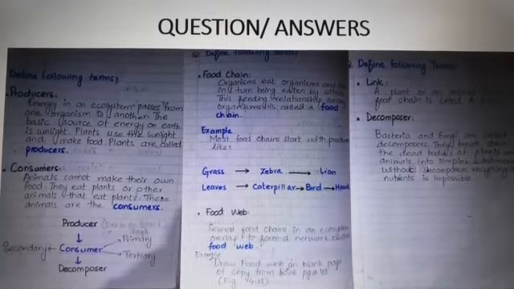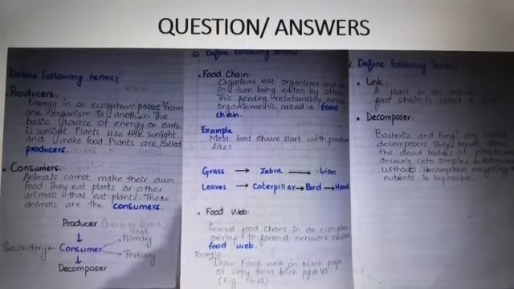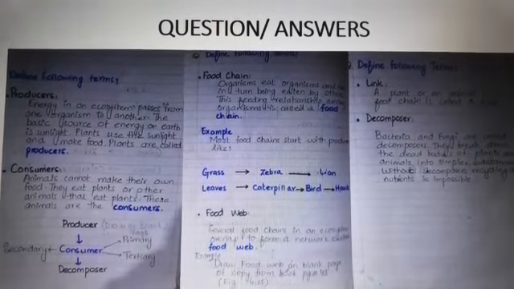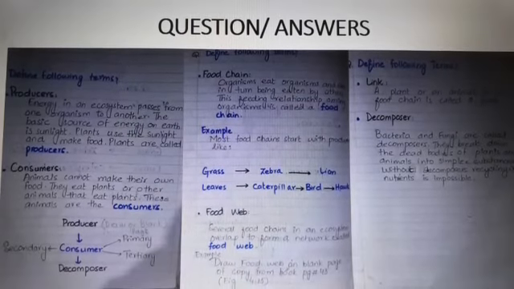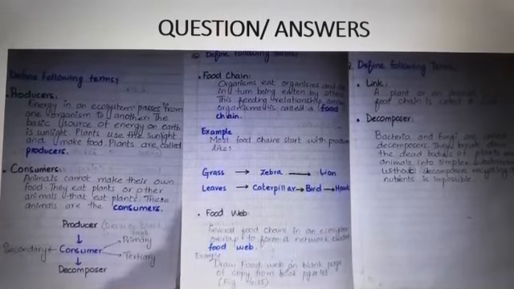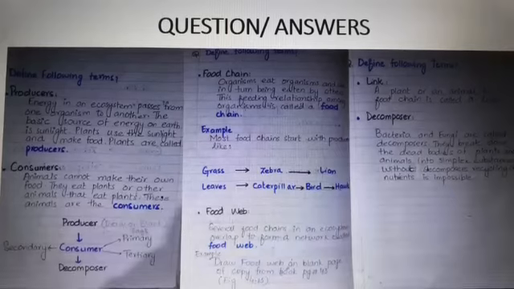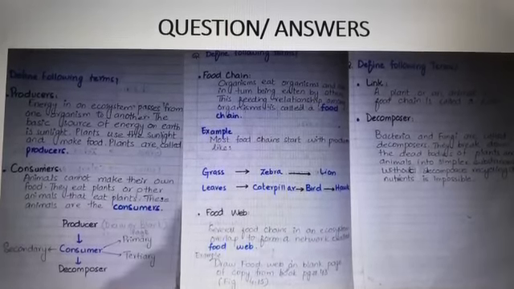Food web. Several food chains in an ecosystem overlap to form a network called food web. Example, you have to draw the food web on the blank page from the book, page number 43, figure 4.5. Link. A plant or animal in a food chain is called link. Decomposers. Bacteria and fungi are called the decomposers because they break down the dead bodies of plants and animals into simpler substances. Without decomposers, recycling of the nutrients is